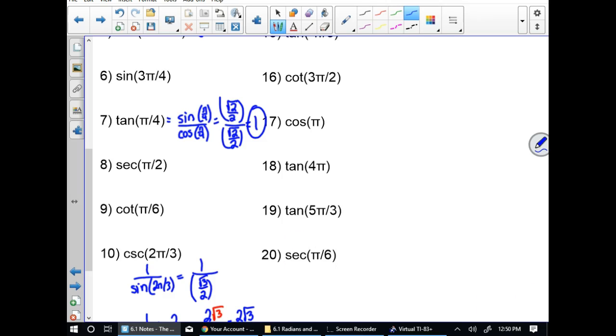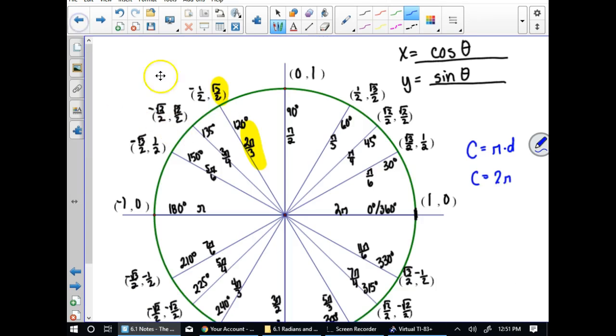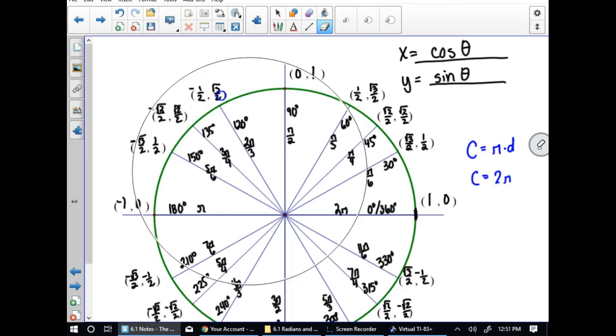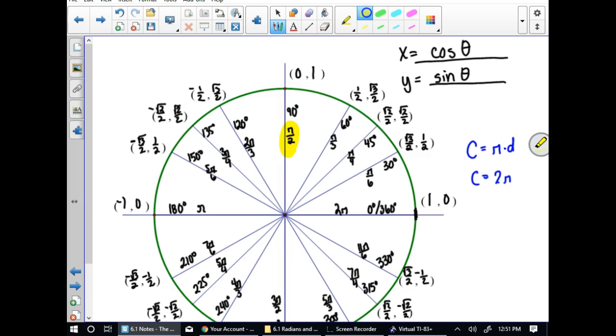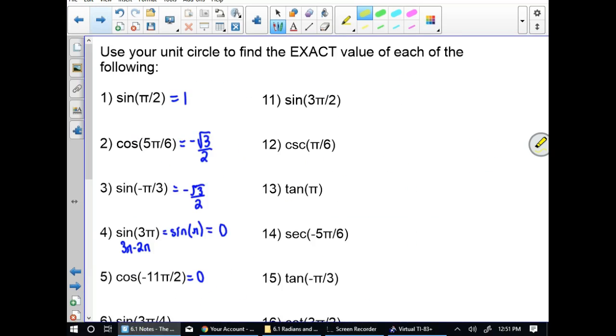Okay, let's do number 8. Let's get back to it. Okay, secant is not on the unit circle, so we have to do 1 over cosine of pi over 2. And when we look at our unit circle, pi over 2 is right here, and we want cosine, right, which is 0. So that means that we're going to get